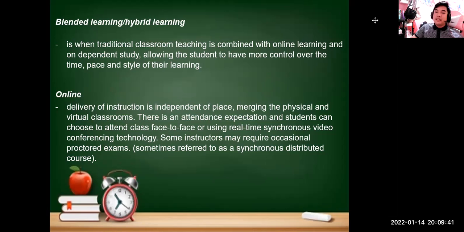So what is blended learning or hybrid learning? Blended learning is when traditional classroom teaching is combined with the online, right? And in the independent study, allowing students to have more control over the time, the pace, and the style of learning. So in blended learning, the students have their control